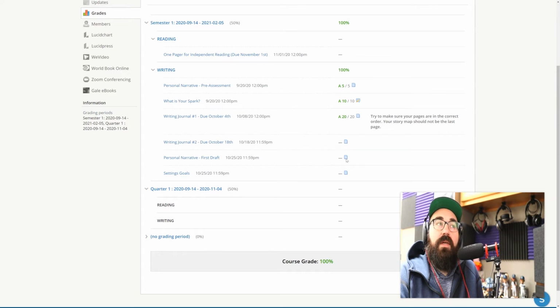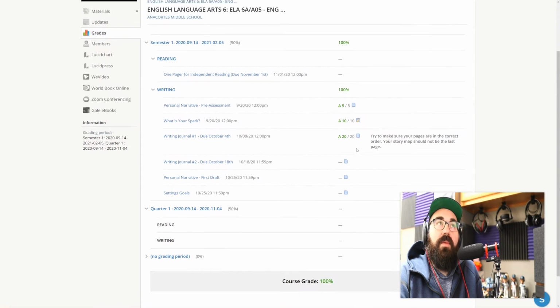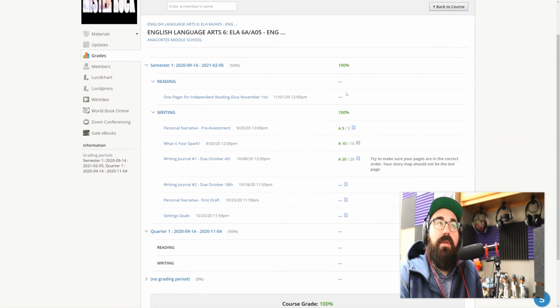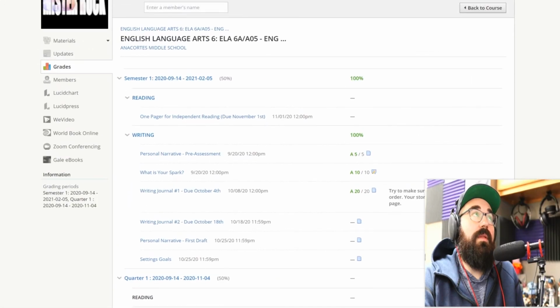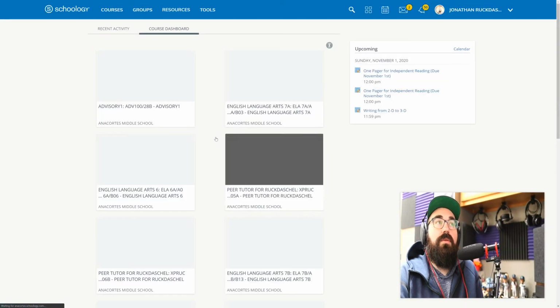Also, these little symbols here show that something was turned in. That little tiny thing means they turned the assignment in versus this assignment isn't due yet, so of course it's not turned in. Once it is, there will be a little symbol just like this that appears there. Okay, so that is the grading and probably the most important thing that you could know about Schoology and where